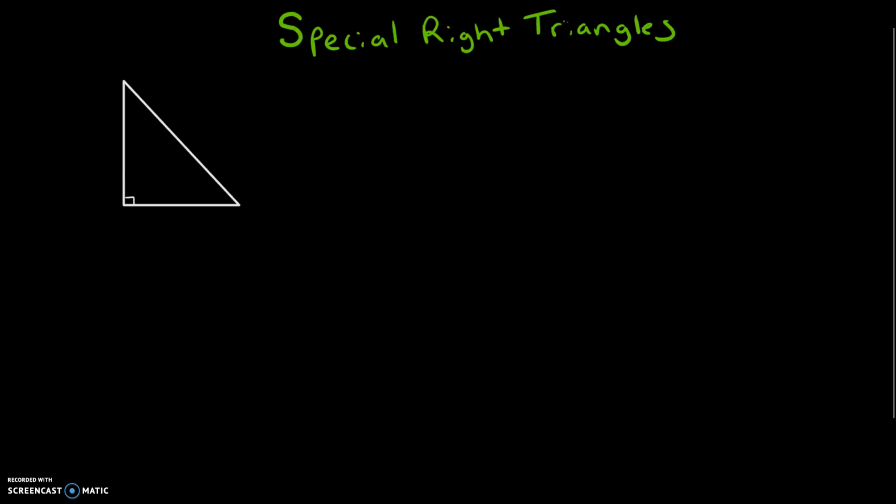Alright class, in this video we're going to talk about special right triangles. Specifically, we are going to talk about the 45, 45, 90 special right triangle. And so we know that this angle is 45 and this angle is 45. Things to note about this is it is actually an isosceles right triangle, which means the legs are always